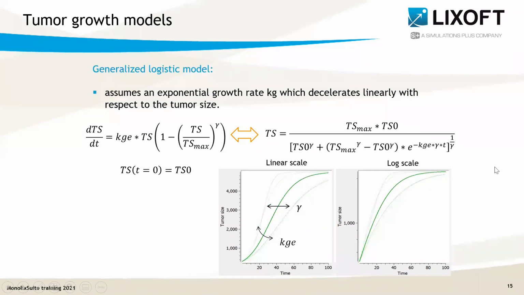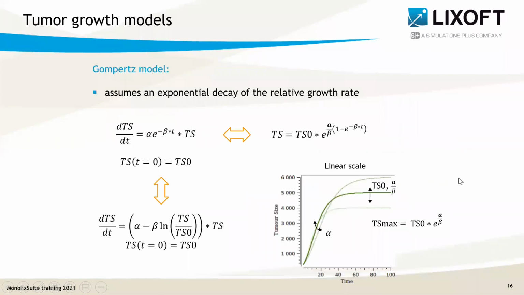A generalization of the logistic equation has been formulated, which brings more flexibility for the shape of the curve with the exponent gamma. And the Gompertz growth is a special case of the generalized logistic model when gamma is equal to 0. This model can be written like this, also with this closed form here, or with this equation. Of course, all the equations written on this slide, all the slides of this webinar are also available on the documentation of the library on our website.